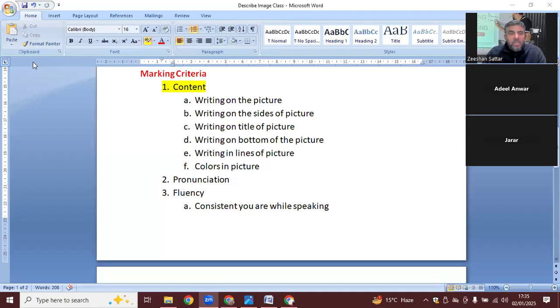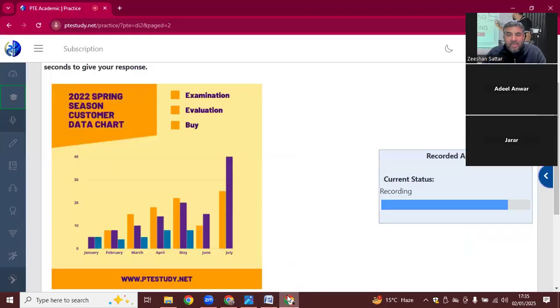So now, in this way, if we go on the software and see how the diagram or the image looks, see this one. If we see this specific picture in front of us, it is a graph. Here is a word examination. This examination is known as a content. Evaluation word is a content. This by word is a content. I mean to say that these all legends are known as the content.